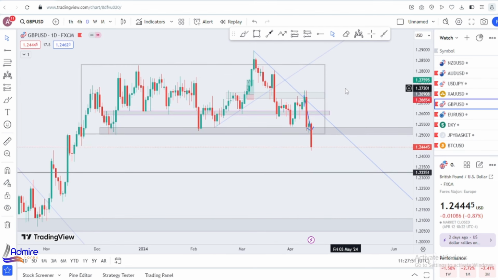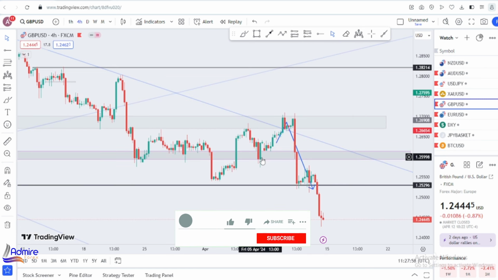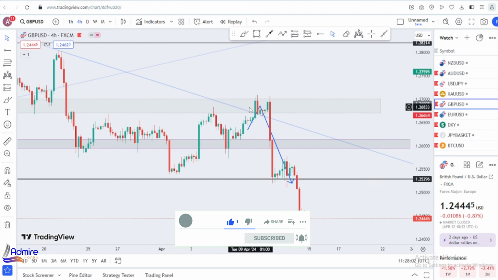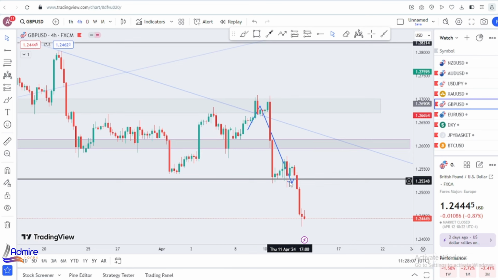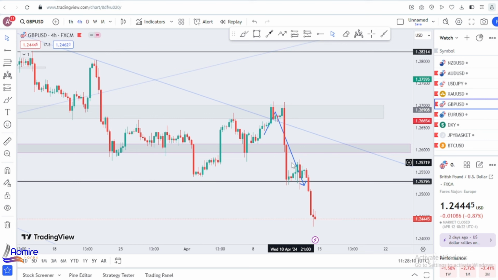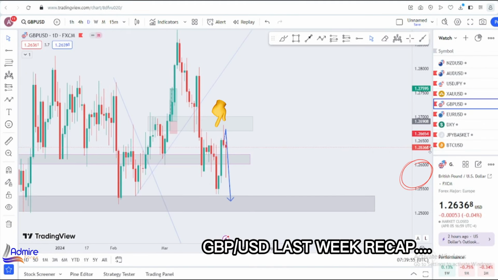Okay, and for last week too, on GBP/USD, we actually predicted price to come back into this zone, and a bearishness all the way to the downside, at least to this 100% retracement level, and probably some continuations to the downside. So if you missed our last week video and you did not see it, or you think we are capping, here is the video, so you guys could see clearly.